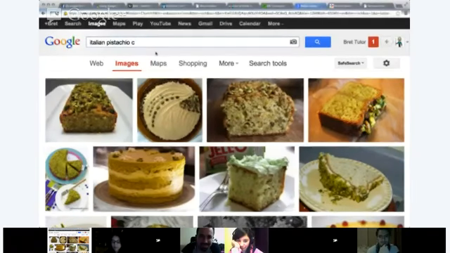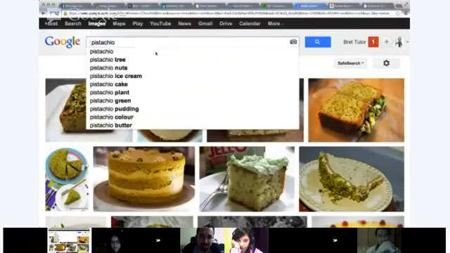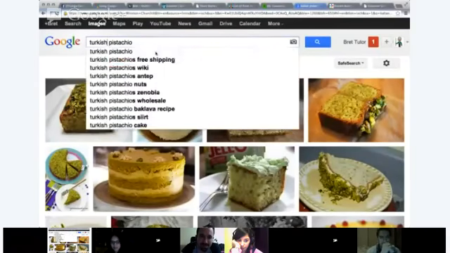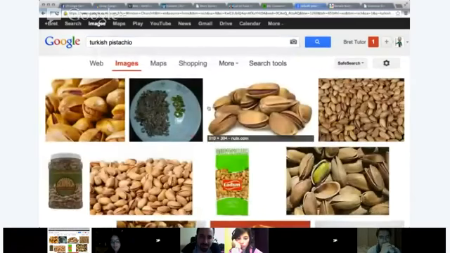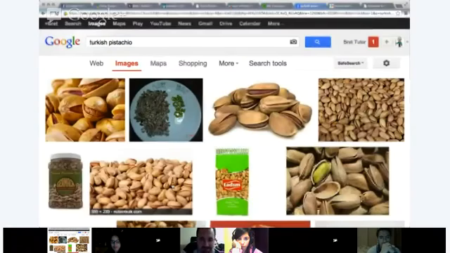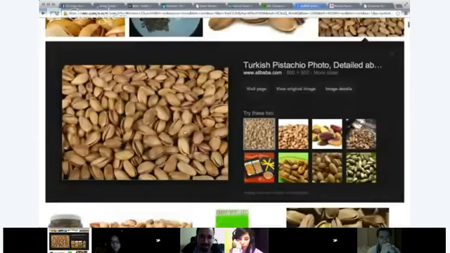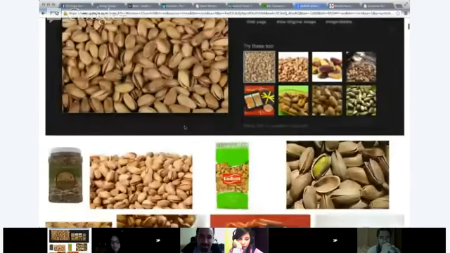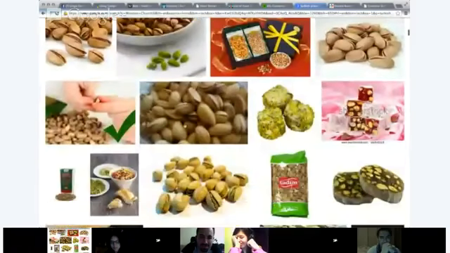Go ahead, Mine. So you're talking about Turkish pistachios? Yes, it is very delicious. I brought some Turkish pistachio here. My American friends are crazy about the pistachio. Every time they want to order Turkish pistachio, they order online. That is the reason you should try the Turkish pistachio. Wow.